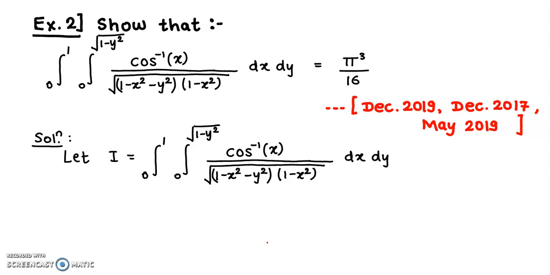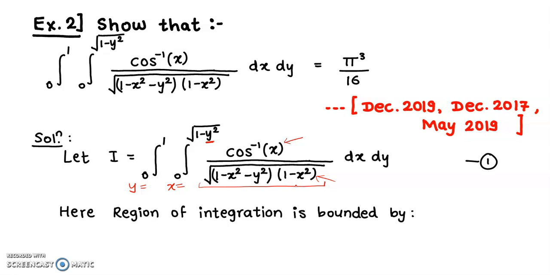Let's start the solution. Consider I be the given integral. Now we identify the range of integration. This is the range for variable x and this is the range for variable y. We have to integrate this function with respect to x. Since there are terms in the numerator as well as in the denominator containing variable x, it is very difficult to evaluate it with respect to x, so we decide to apply change of order of integration. Therefore, we consider the given integral as equation number 1.